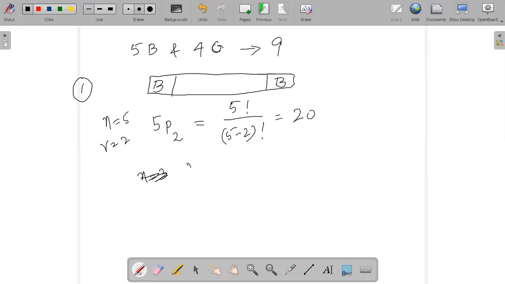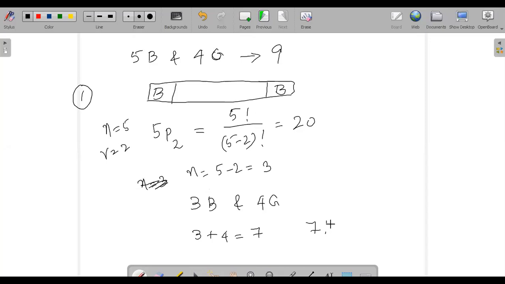So N will be 5 minus 2, which is 3, plus 4. So 3 boys and 4 girls, so 3 plus 4, which is 7. Now this will have 7 factorial. The number of ways is 7 factorial. And therefore, the total number of arrangements is,